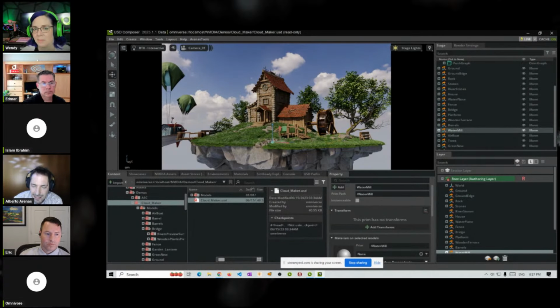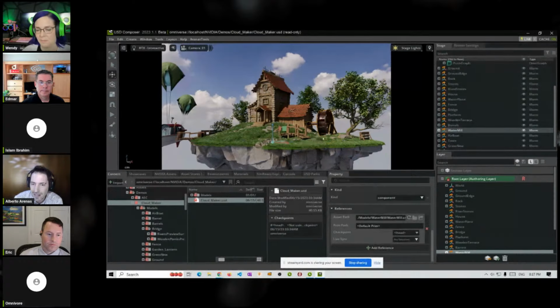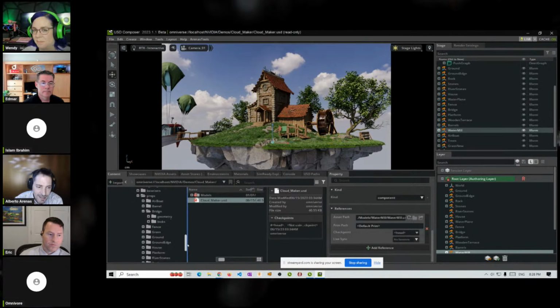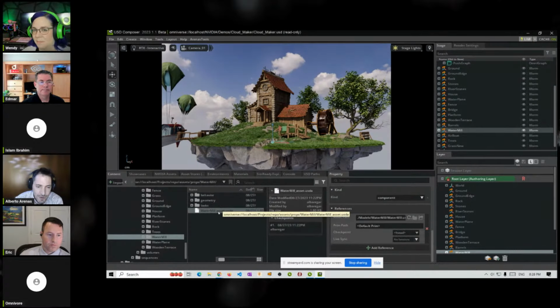So for example, I can see this as a nice asset, which is a water mill. Right now, the way it's published here only contains the geometry and the looks. If I go to the water mill, it's not separating the information in layers. One really cool thing that you can do is extract all this information and structure it in your asset the way I'm going to show you here. So when you open this water mill,